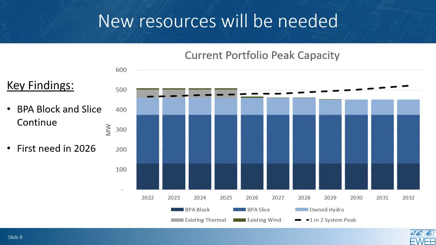We know that there's still more analysis to do on future BPA product choices, so we plan to do a deeper dive on that as part of our 2024 IRP. The other key finding you can see on this slide is that 2026 is the first time that the modeling results show new resource additions. Our existing thermal contracts for IP and Seneca are assumed to expire in 2025. And in 2026, the model begins to select new resources to meet our peak capacity needs, which are shown in that dotted line.